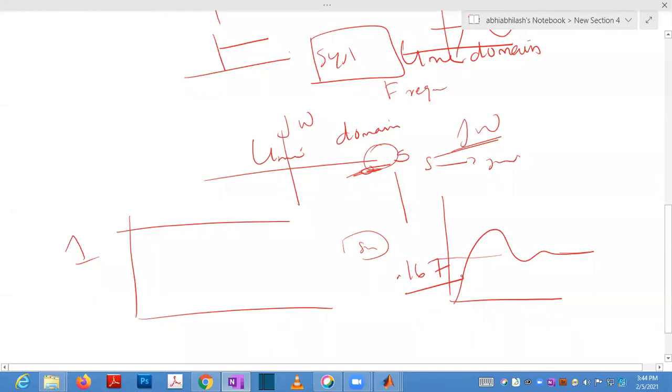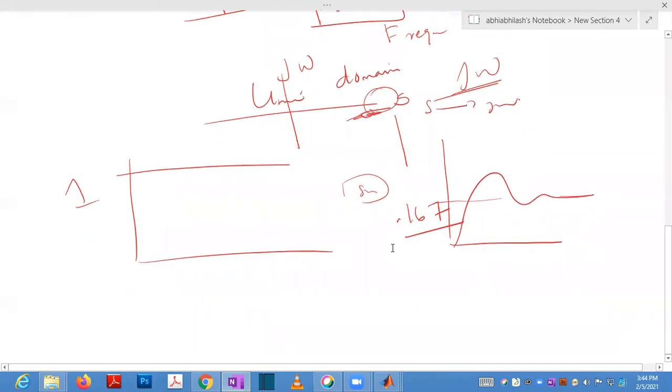So why is it happening? I think you will study these things later, next week. So you are studying something like this only: if you are applying a step signal like this, you will get a response like this.